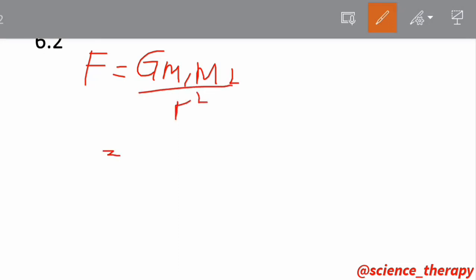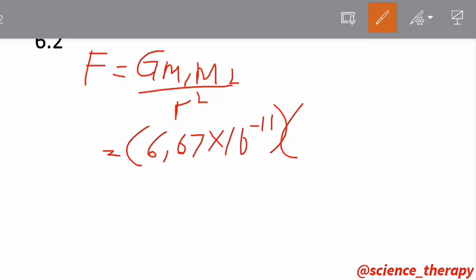Then remember our big G, this is the universal gravitational constant, which is always 6.67 times 10 to the power of negative 11. Then what is the mass? We have the mass of planet Mars, which we've been given to be